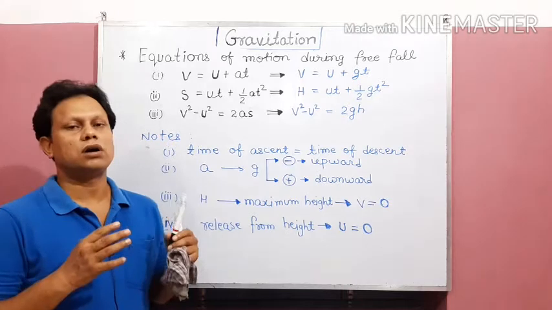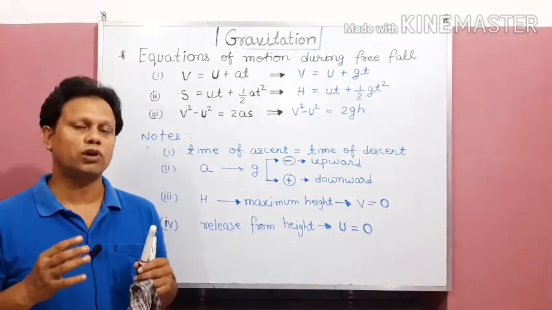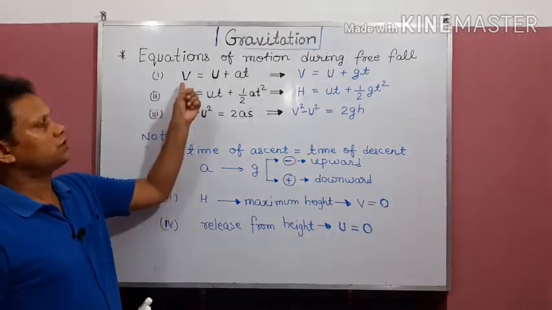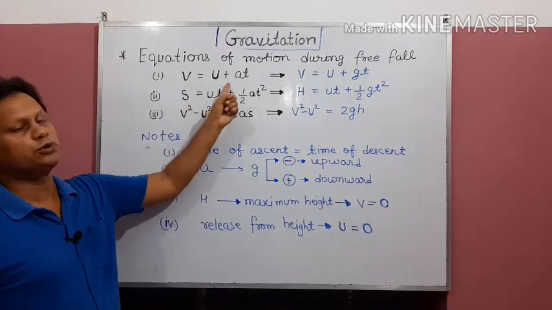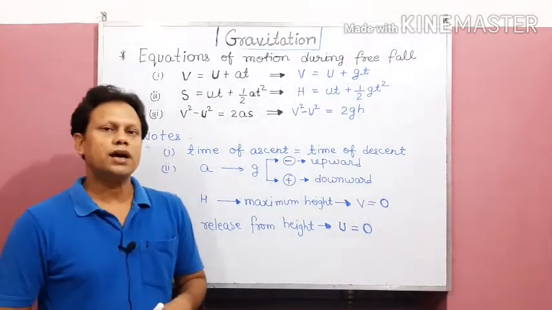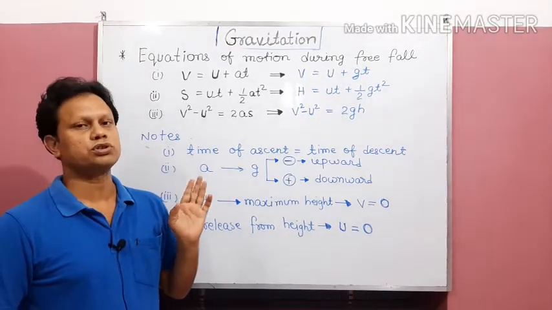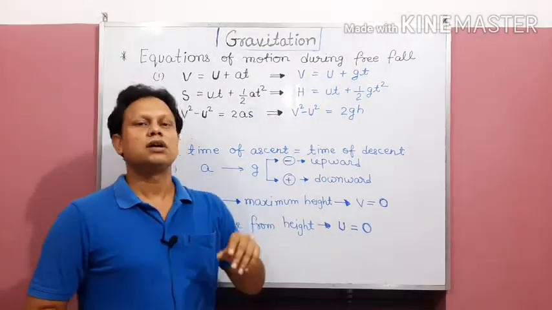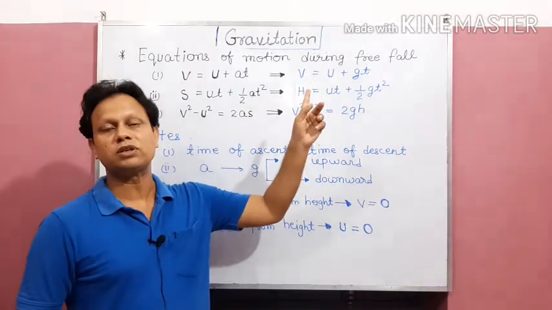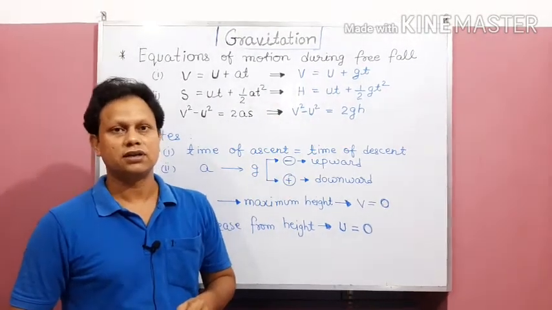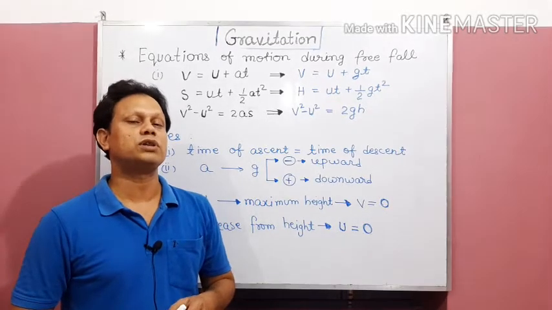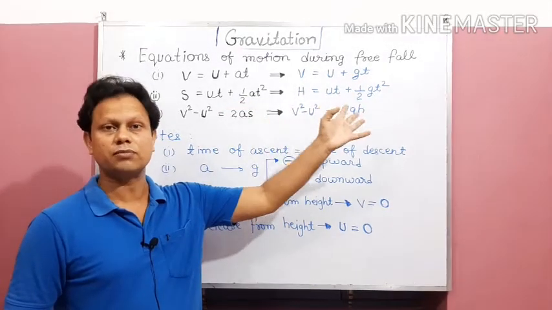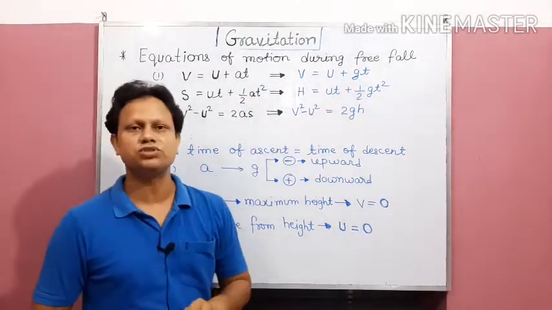So, what is the rectification which we make for a free falling object in the equations of motion, that we are going to understand. Now, the very first equation of motion which we use is v = u + at. When we take this equation for free fall, a slight change will be there: v = u + gt, because here the acceleration is replaced by the acceleration due to gravity. During free fall the acceleration is termed as small g, not a. So, there is a slight change. Rest everything remains the same, even the meaning is the same. Only the symbol has been changed.